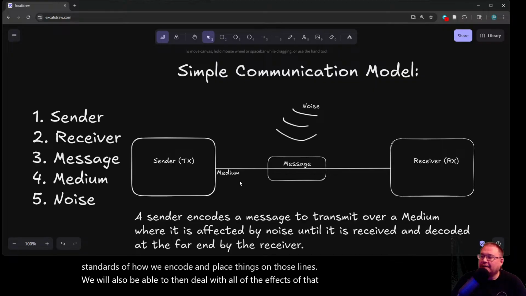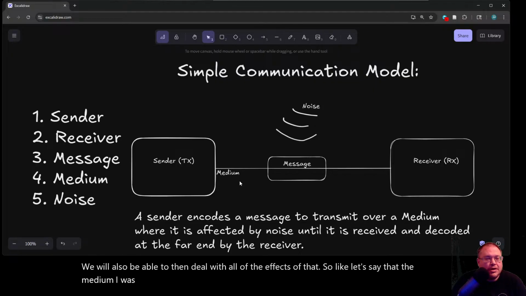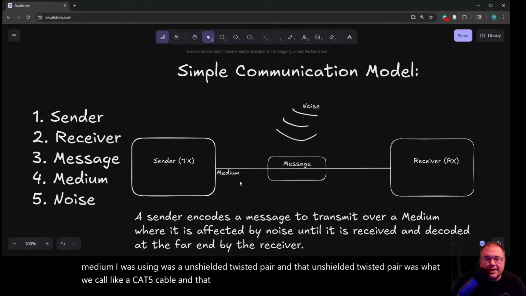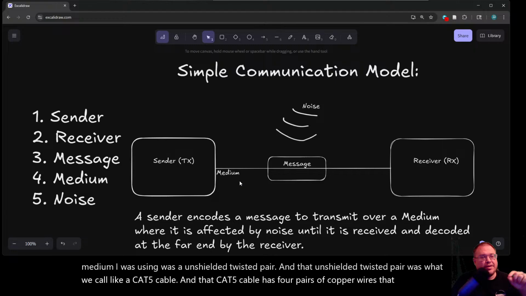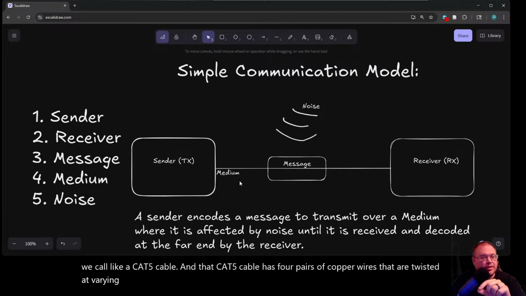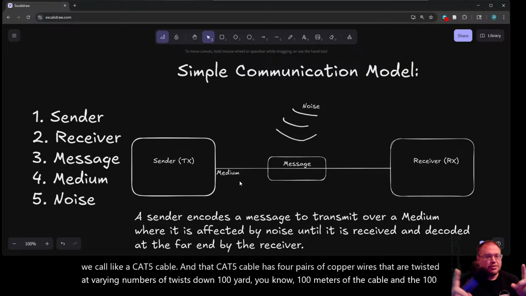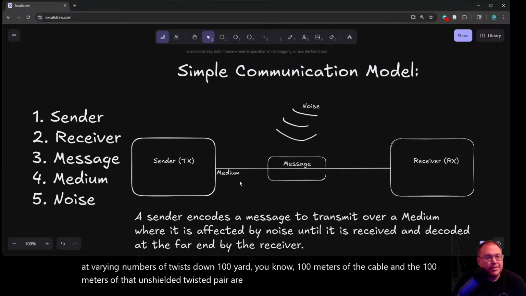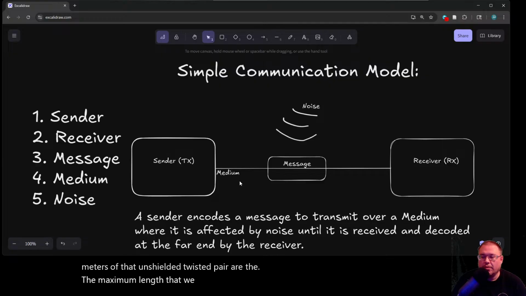So let's say that the medium I was using was an unshielded twisted pair, what we call a Cat5 cable. That Cat5 cable has 4 pairs of copper wires that are twisted at varying numbers of twists down 100 meters of the cable, and the 100 meters of that unshielded twisted pair are the maximum length that we could go before the attenuation of a signal down it.